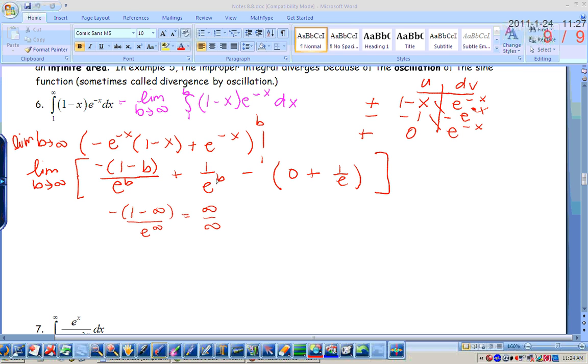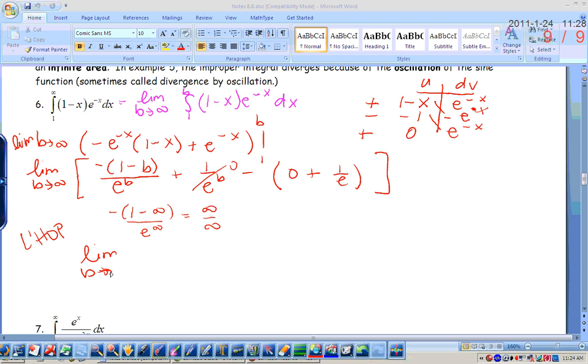Let's go ahead and check the rest of these right here. What about 1 over e to the b? As b approaches infinity, what's going to happen with that? That's 0. Okay, so we can knock that guy off right now. And then I just also have this minus 1 over e over there, and that's just a number, so I'm going to hang on to that. Okay, so I've got to do L'Hopital's rule,